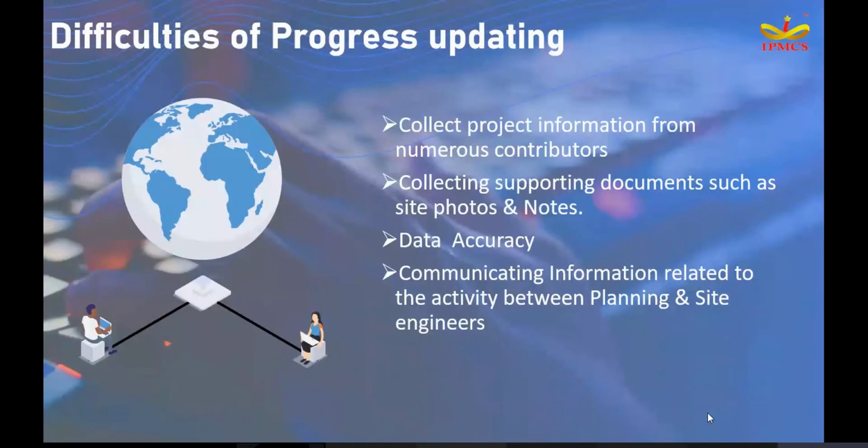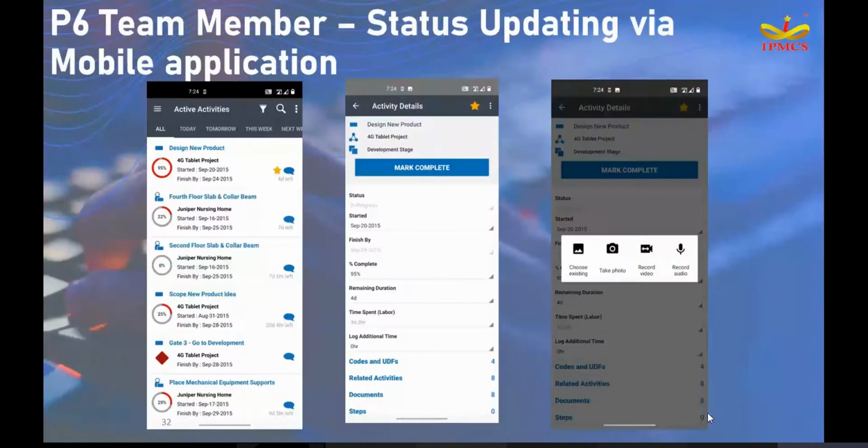To overcome these challenges, the site people themselves can update the actuals information over the mobile application. So we have the team member mobile application. Some of the screenshots I have attached here. I will be showing the live demo over the browser module. In the mobile application, the site engineer can log in with their user ID and password. If there are site engineers 1 to 5, only site engineer 1 can view his own information, not others' information. Whatever activities he is responsible for will be displayed on his page.